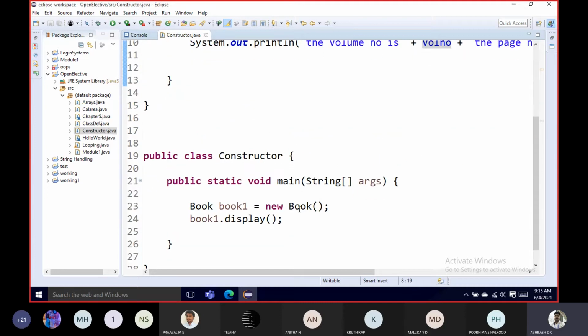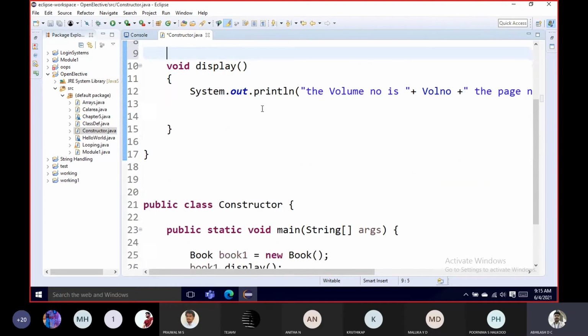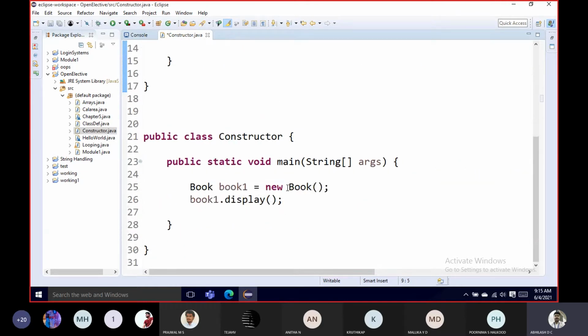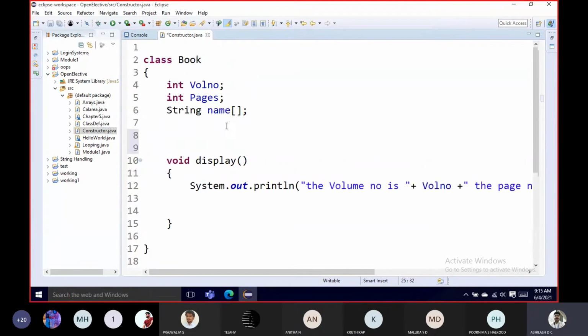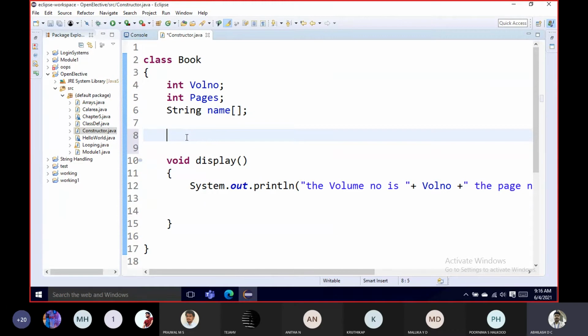So we'll come back to the constructor here. Constructor is not there because you can see that I don't have a book function anywhere here, right? So what do I do? I create that particular constructor. So why exactly do we need a constructor? We need a constructor to actually